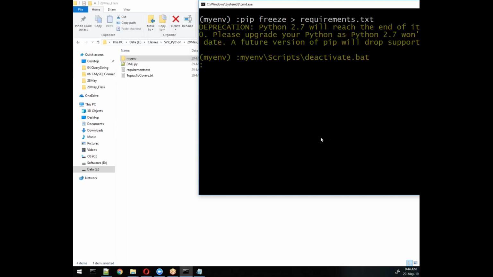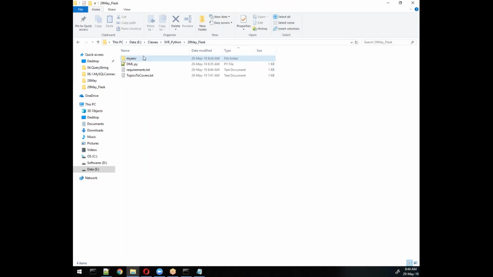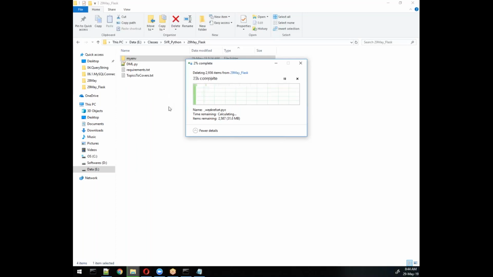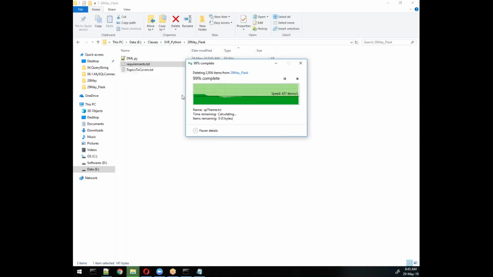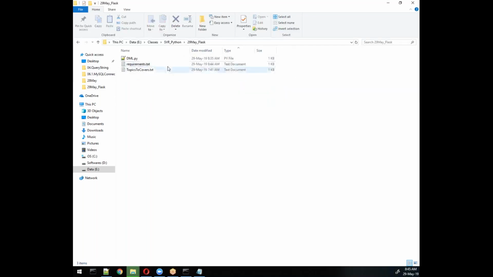Now you can delete this environment, or else you can move to another system, and in an empty folder or any folder you just create the same thing with this file. This whole thing, maybe it is in MB, comes within a KB file. So this will be called a backup of the environment. Remember, it's a backup of your environment.